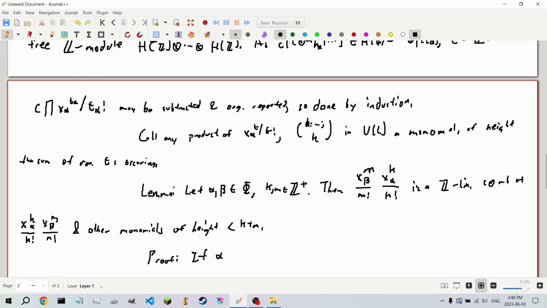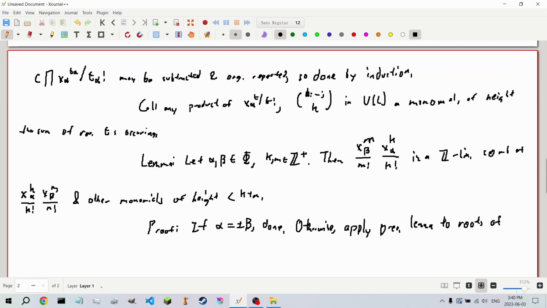If alpha is a copy of beta, plus or minus beta, we are done. Otherwise, apply the previous lemma to the set of roots of the form i times alpha plus j times beta, of course, i and j being positive, to write the given monomial